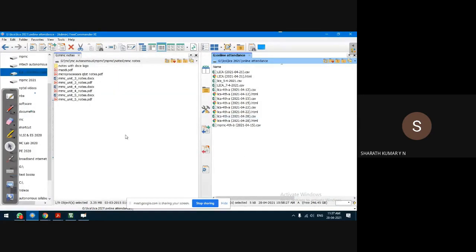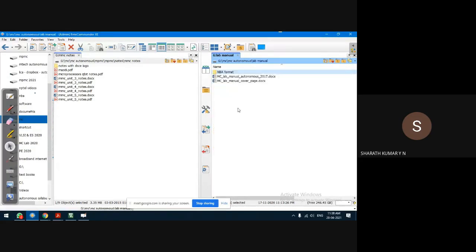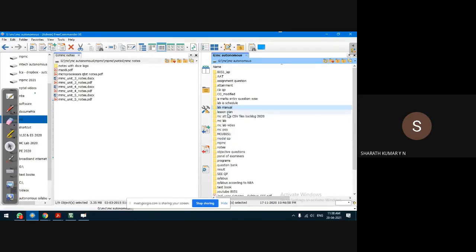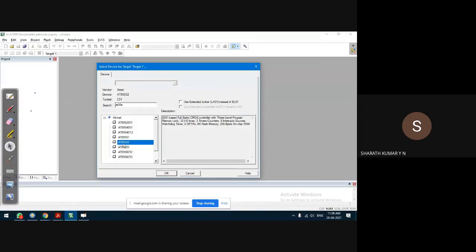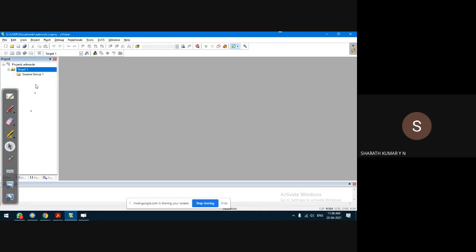Please give me just a second. I'll check whether it's 52 or 51. Okay, no problem. Select 8089S52 and press OK. When you say OK, it will ask whether to generate the startup configuration file. You can say no, that's not required. It will generate a target project device for 8089S52.